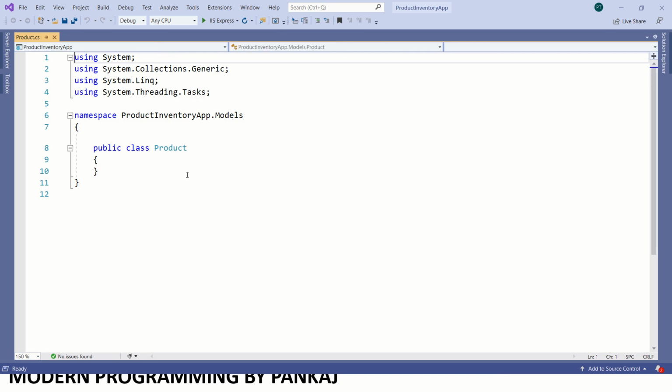This is the simple product class I have created. Here I need to have all the properties, it would be a simple POCO class. So I will take the existing product class, because I have already created it, to make things fast.